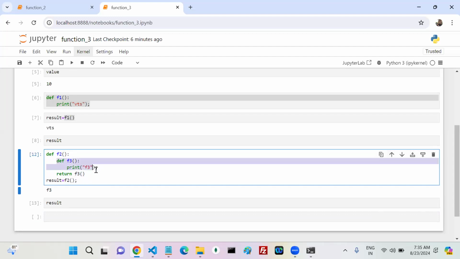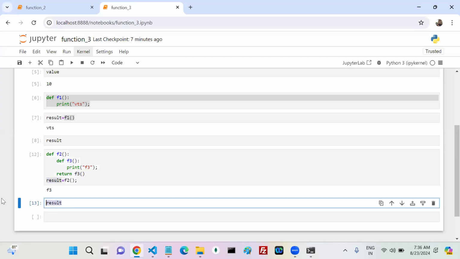Does f3 return anything? No, right? If nothing is written in f3, what is the value? Empty. So f3 returns empty, f2 returns empty, and that empty is assigned to result. So finally my result is empty, yes or no?